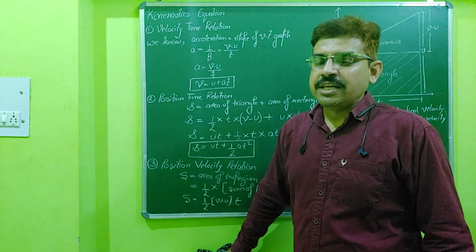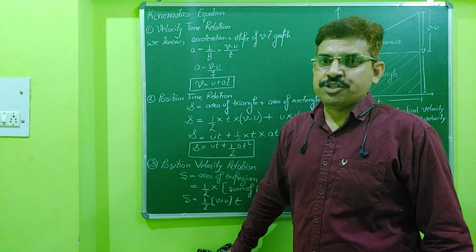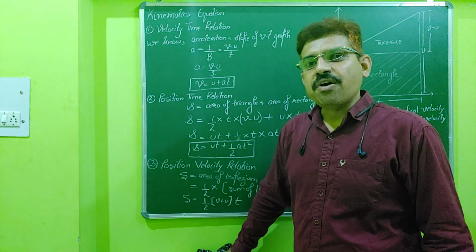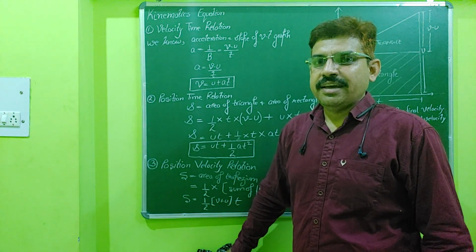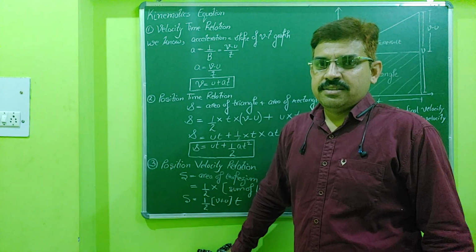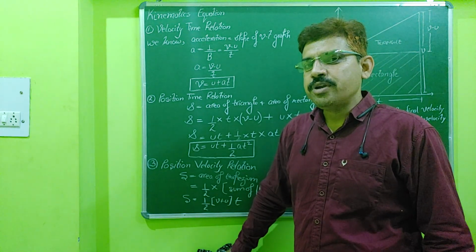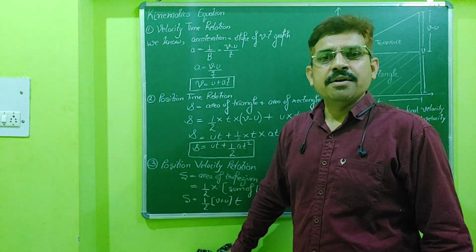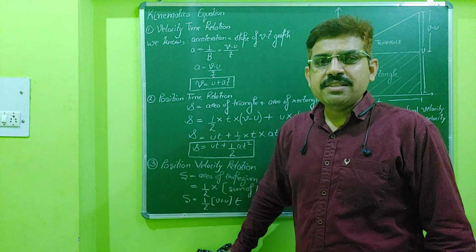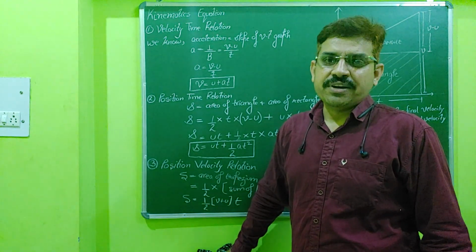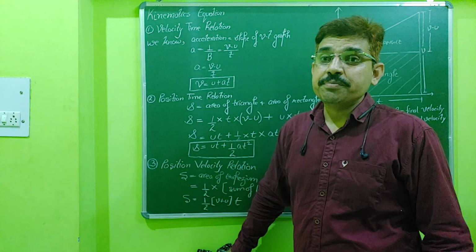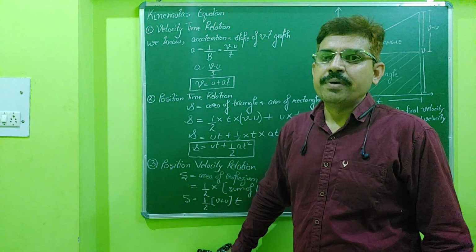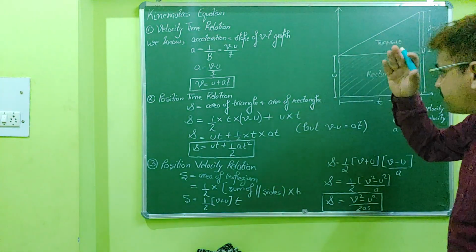So today we will go for the equations of motion, and we have three equations of motion. But to explain the three equations, there is only one diagram that can explain all three. Today we will discuss the equations of motion by using the graphical method, using the concepts we discussed in the last lecture, that is slope and area. So let us go to this diagram.